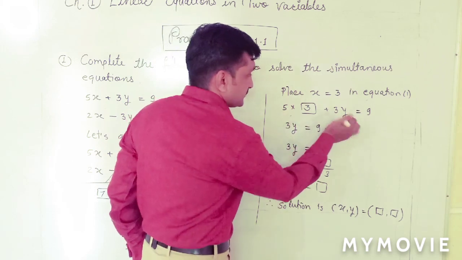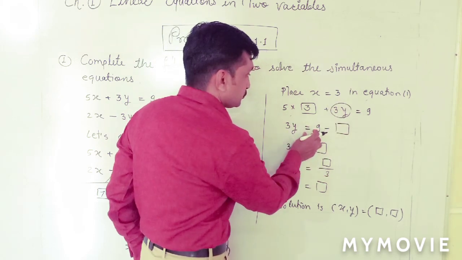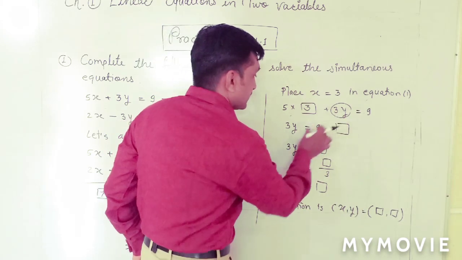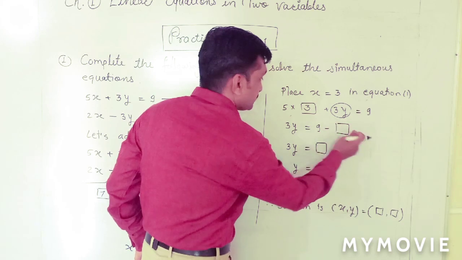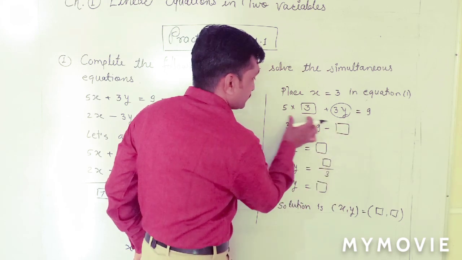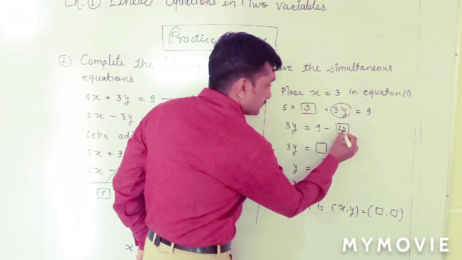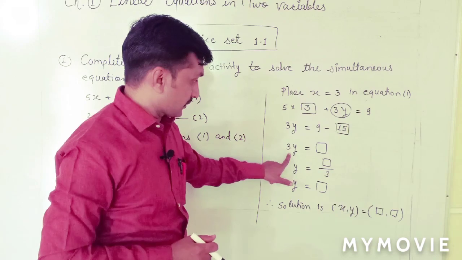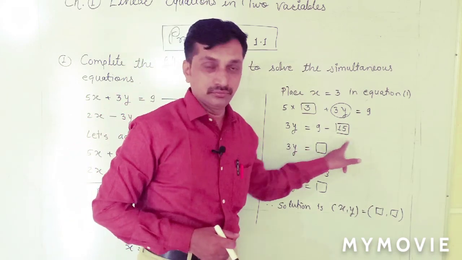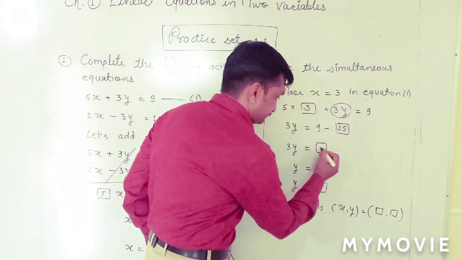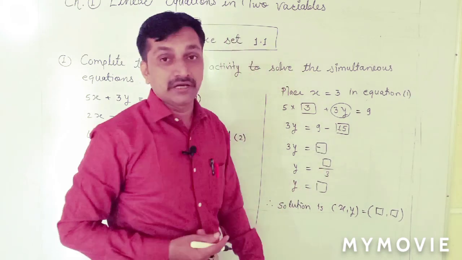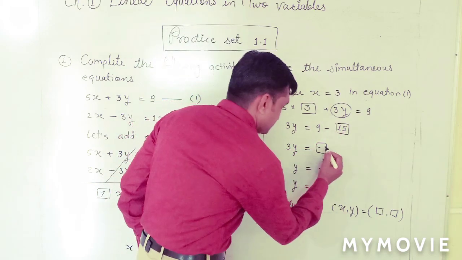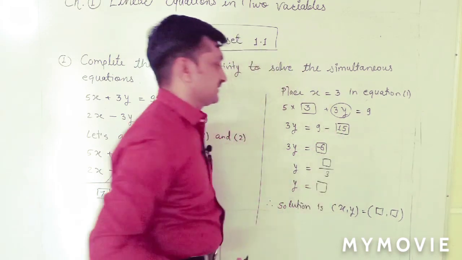Now 3y is this one. 3y is equal to, one step is not given there, 3y is equal to 9 minus, here in the box we have to write the product of this, 5 threes are 15. 3y is equal to, now we have subtraction, 9 minus 15, we want the sign of the higher value, and 9 minus 15 is how much? 6, minus 6.